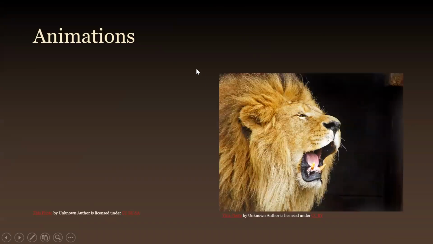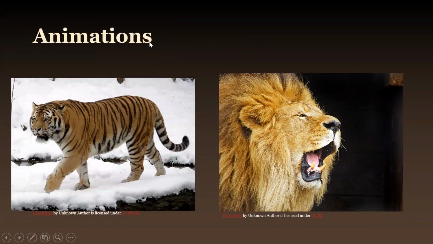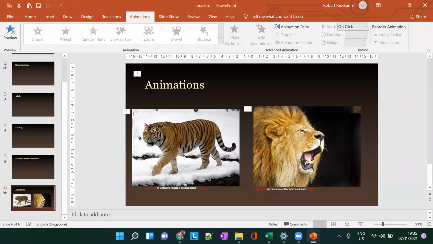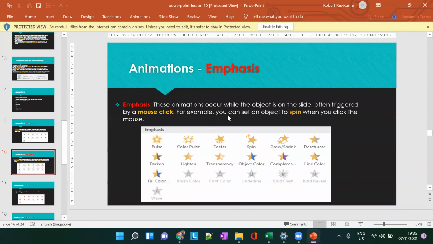So now the lion will appear first, and the tiger, and then the animation effect for the heading here. So this is how ordering also works here. Okay, so we can have the animations in a particular sequence also here. So this is called an animation. Okay, so there are 4 types of animation, and we saw what the 4 types of animations are, right? So now you guys understand the difference between animation and transition.